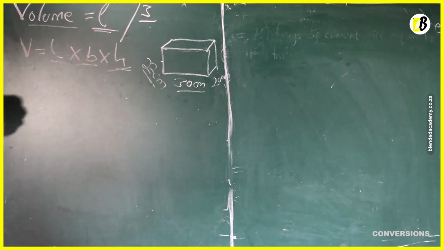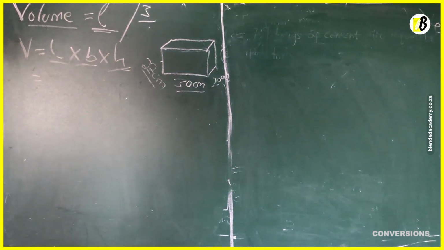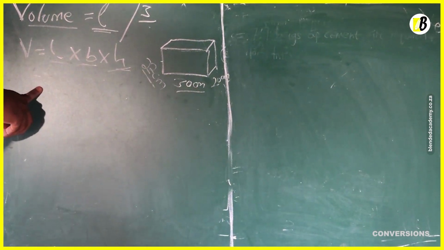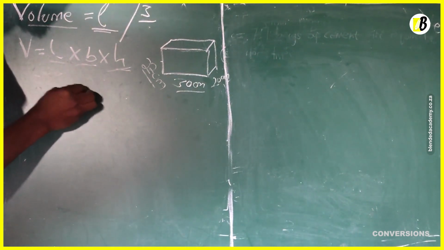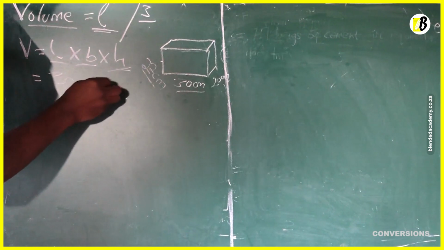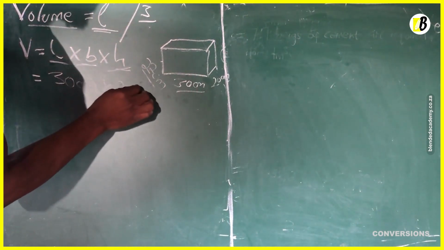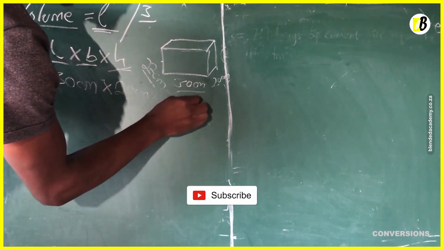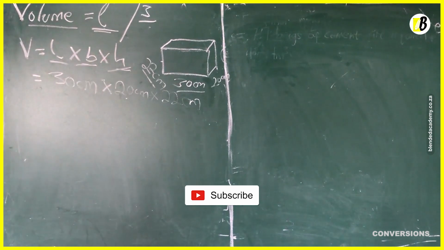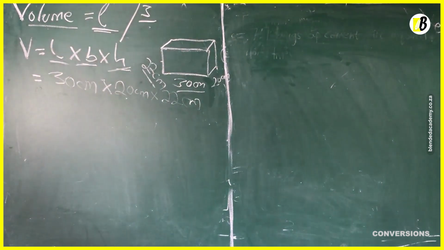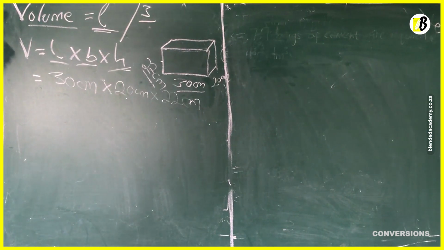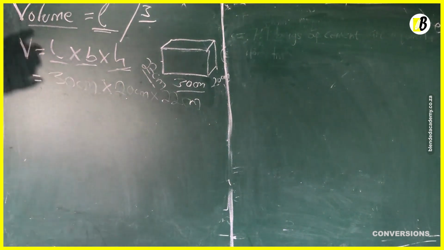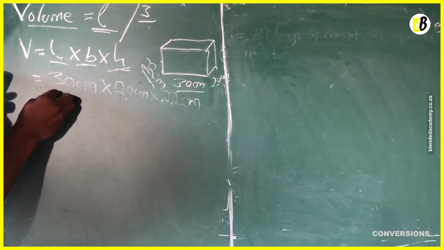So let's see if we can substitute into this formula. So, volume is equal to, what is our length? Our length is that, along the side, 30 centimeters. What is our breadth? There, 20 centimeters. And then what is our height? 22 centimeters, right? There we go. Let's calculate and see what is our total volume. So it's going to be 30 multiplied by 20 multiplied by 22. That gives us